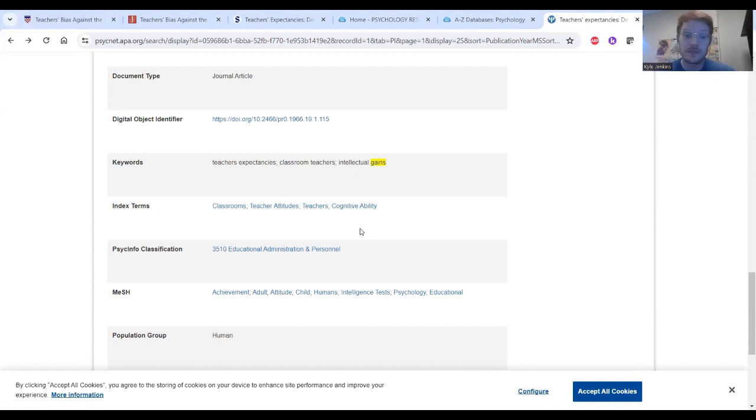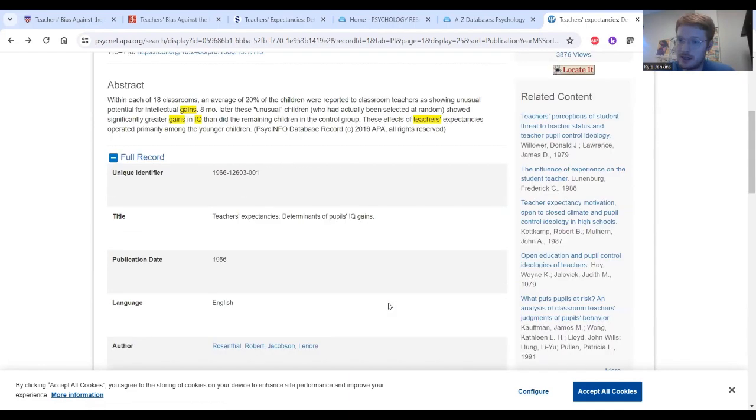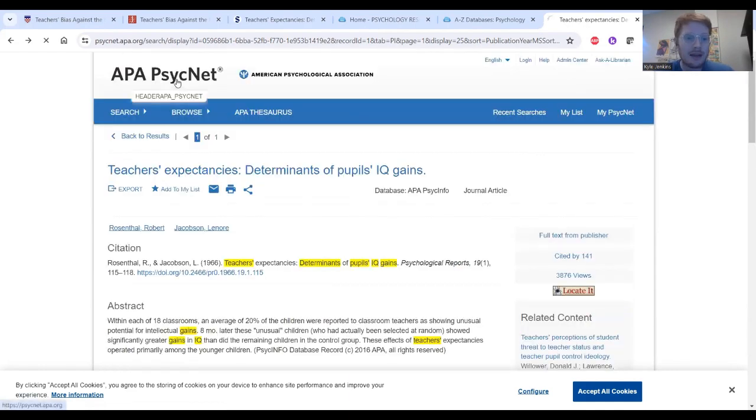about. So as we can see here, some of these mention things like teachers' attitudes, teachers' expectancies, intellectual gains, classroom, intelligence tests, children. So there's a lot of different terms that we can focus on here. But let's see if we can just find additional articles using three main concepts here. Let's just start with teacher expectancies, students or children, and then some form of intelligence or ability. So we can come back